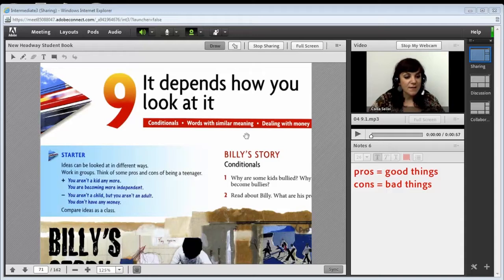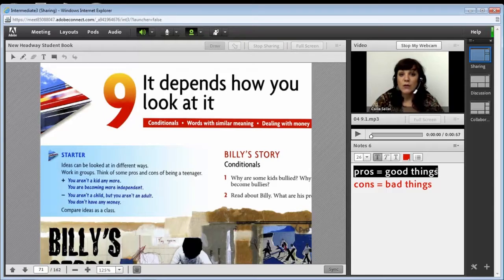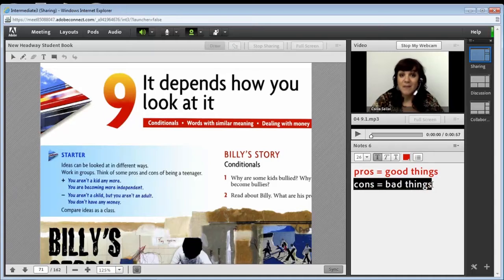So first things first, let's have a look at the starter section. Ideas can be looked at in different ways. Work in groups. Think of some pros and cons of being a teenager. Now, first of all, I wonder if you know the meaning of pros and cons. Pros and cons. Now, pros are the good things, and cons are the bad things of being a teenager in